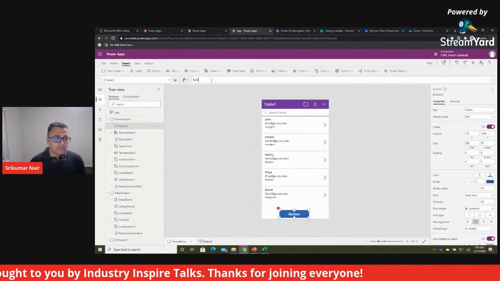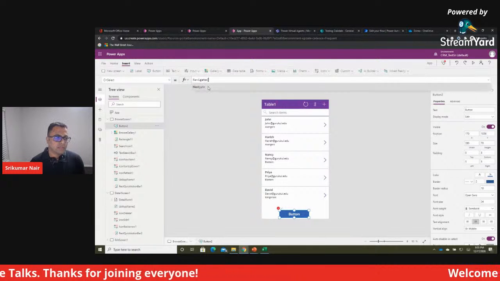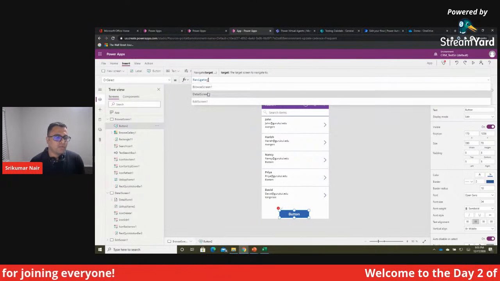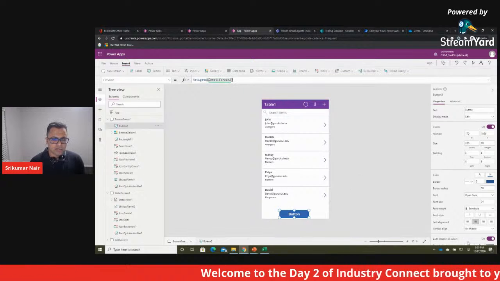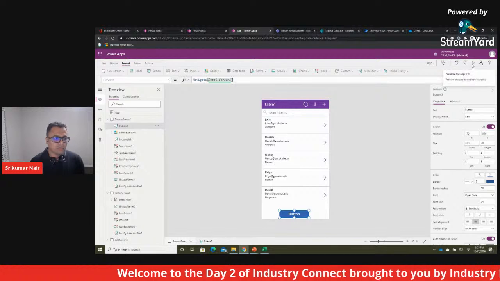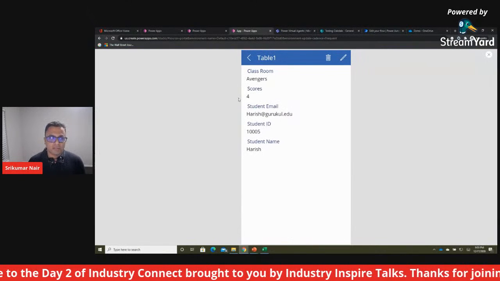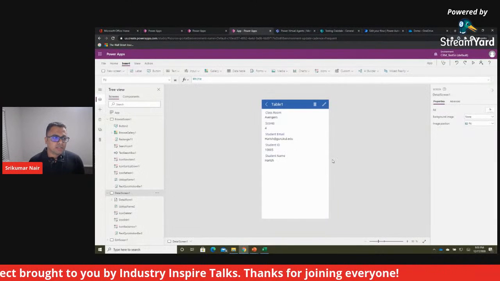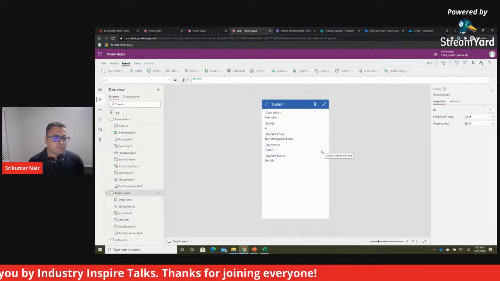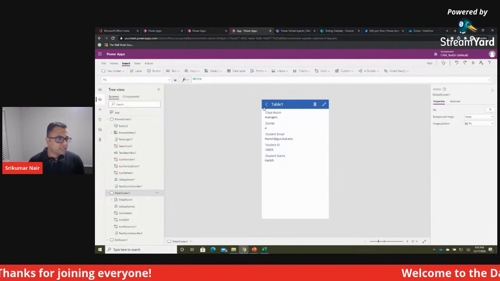And just like Excel, it's even more intuitive than Excel because it will tell you what formulas as soon as you start typing, and it will say which screen do you want to go to. Let's say we want to go to detail screen. Obviously, this is not a scenario that is tied end to end, but let's test if it works or not. You can see it works. The button is working. So it's as simple as that, building those applications, and that's pretty much it on the application scenario.